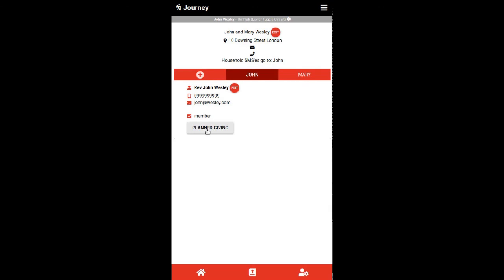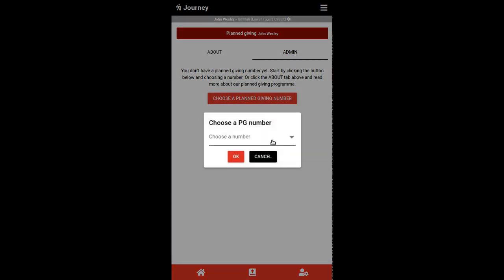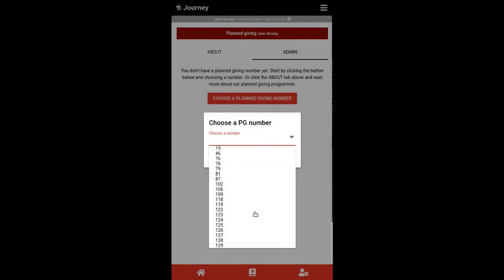Let's quickly have a look at plan giving as well. By clicking on that tab, you will be taken to this page, and this is a system that we have to help people to give in a systematic and disciplined way, and to be accountable to them for the amounts that we receive, and to keep in touch with people with what they've given. Each member of the church is able to choose a plan giving number. Now this member, because he's brand new, obviously doesn't have a plan giving number yet, so he can click on that button and choose a number. And what we've done is it'll just pick, I think it's about 20 available numbers, and one of those can be chosen